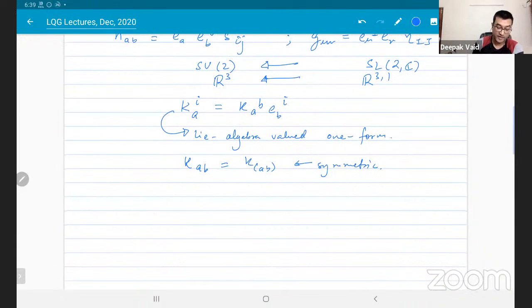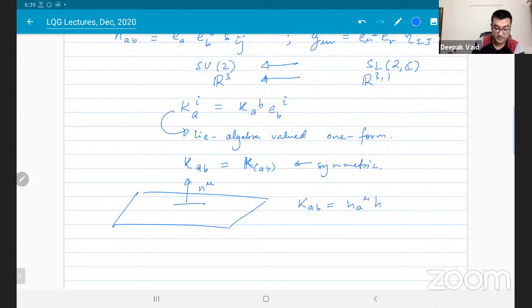This arises because of the fact that you have a hypersurface orthogonal vector field, which is a unit normal vector field, and you define this extrinsic curvature, if you remember, as the spatial projection of the covariant derivative of this unit normal vector field, right? So when you do this, then Frobenius's theorem,